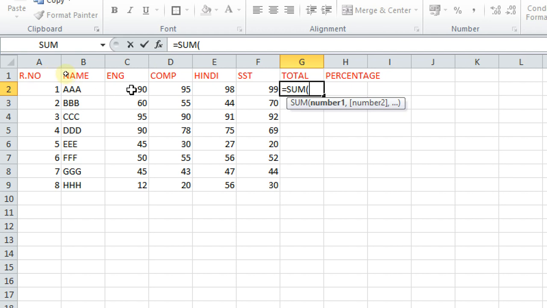This is C. If I see from here, C2. This is the same from here. The first number is C2.